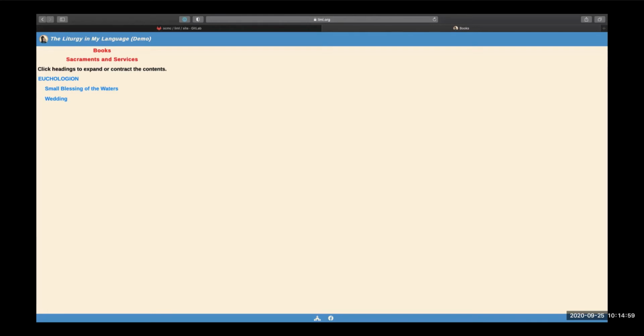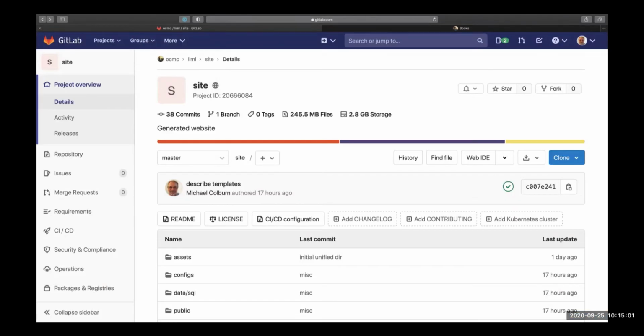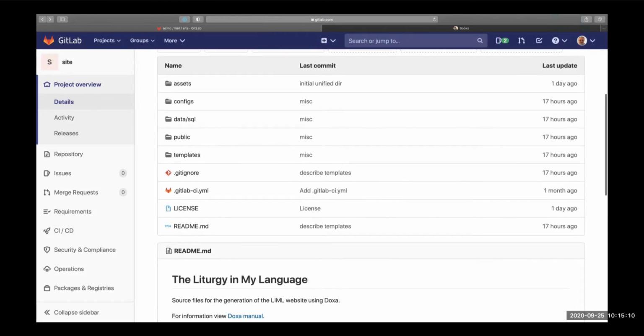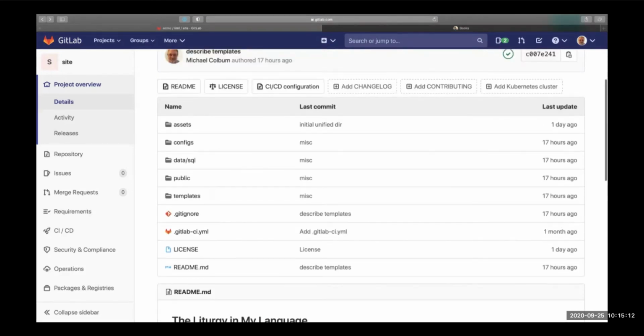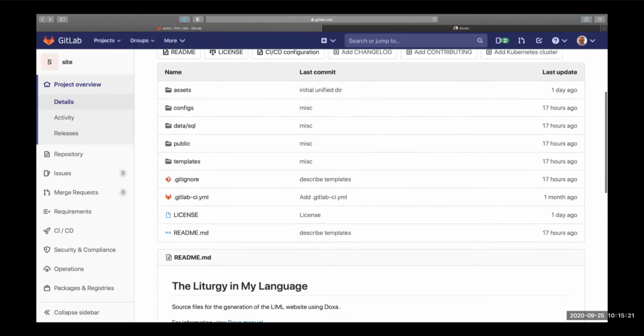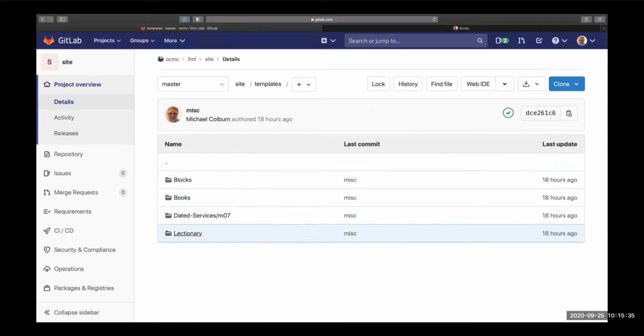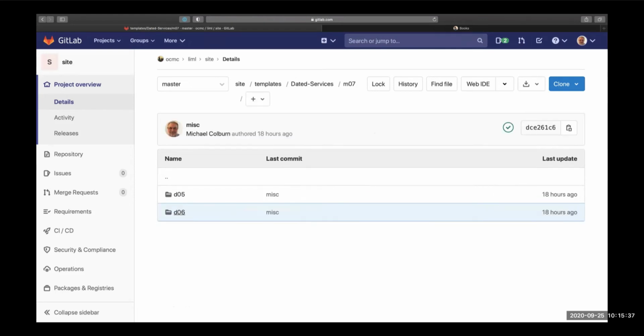Now, here is the site as it's generated by Doxa. So what it does, see, this is OCMC Lemel site in GitLab. Okay. And there's an assets folder, configs. Here's where the database lives. I'll come back to public in a second. The actual templates. So like if I come in here, if I go to dated services,